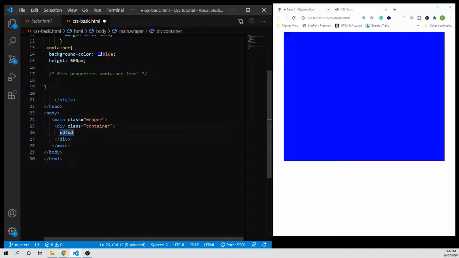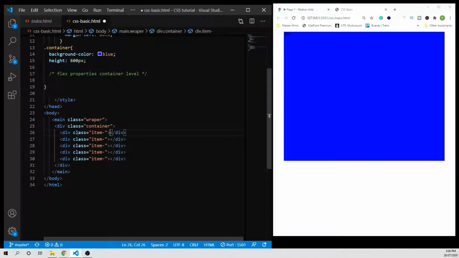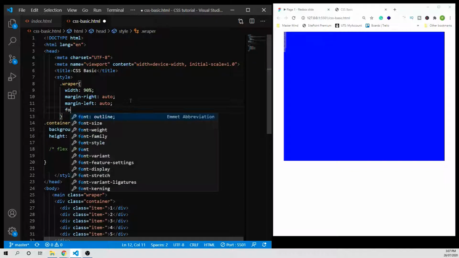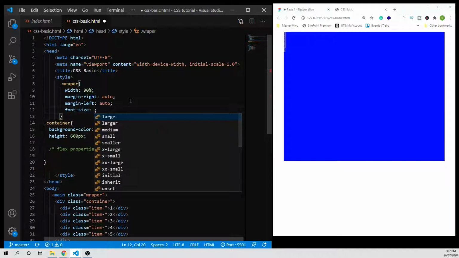Inside here I'm gonna quickly create a div with the class name item. So let's create 5 of them. Font is pretty small. Let me make the font size bigger so that you can see it. Font size make 24 maybe,